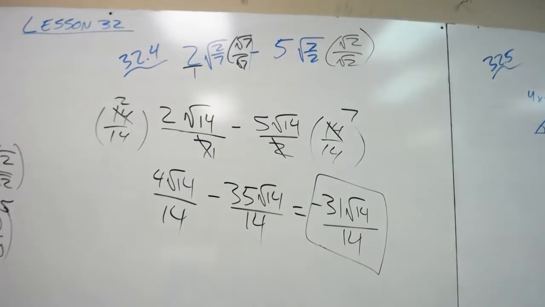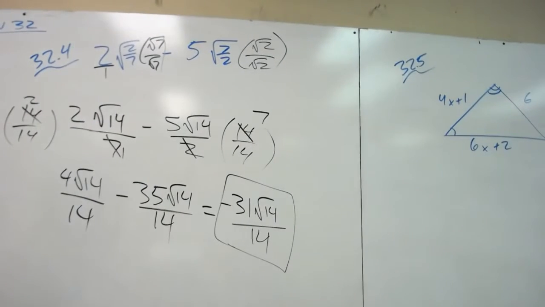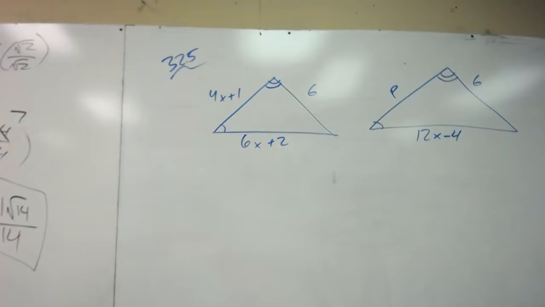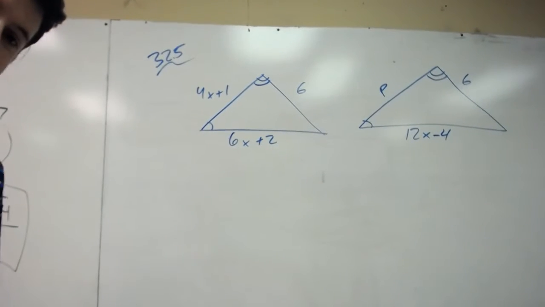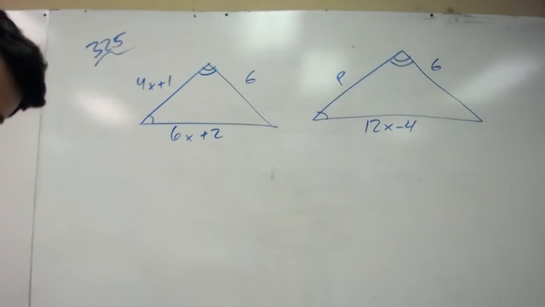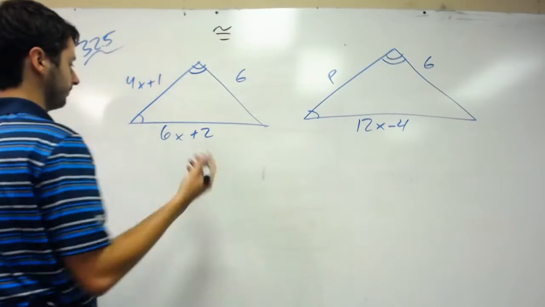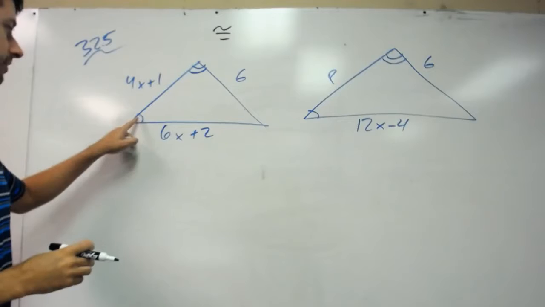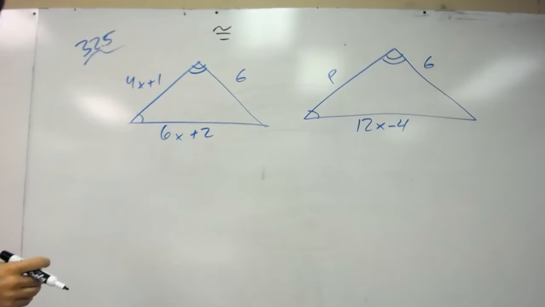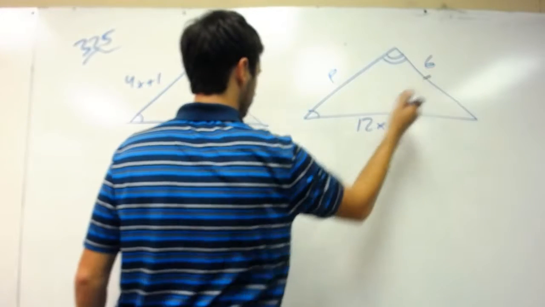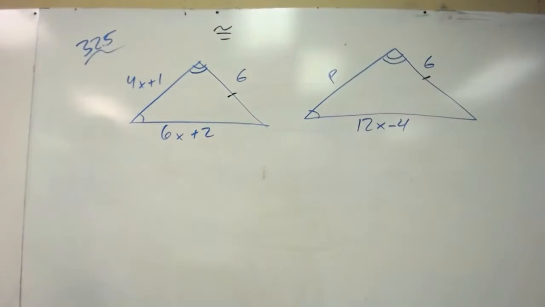Easy peasy, lemon squeezy. Let's go to one more concept in lesson 32. Talking about congruent triangles, you're going to like this. This is easy stuff right here. This is our sign for congruent. And notice these have the tick marks. And it actually has sides that are congruent. So these have